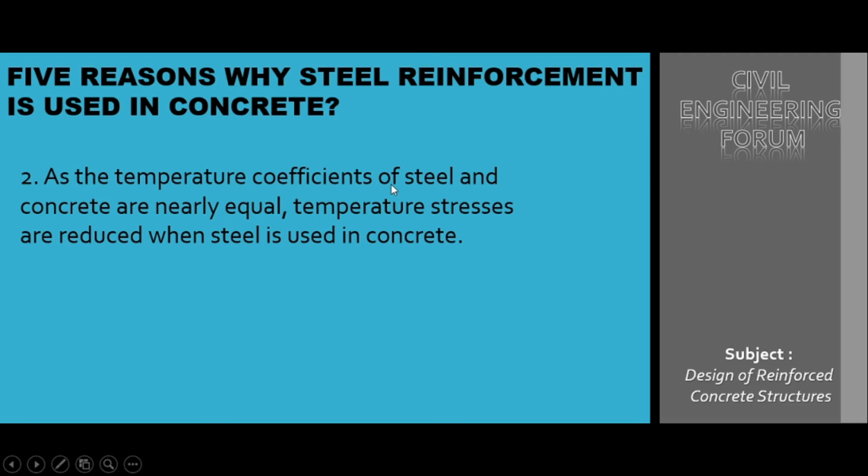For example, here steel and concrete both have the same temperature coefficients, and this is the reason why minimum temperature stresses are generated in this composite material and why we are using only steel with concrete and not any other material. There are numerous other options which we can use with cement concrete. For example, fiber reinforced polymer, FRP, is also a better option. It is even lightweight. But the main problem is it has a different temperature coefficient compared to that of the concrete, and so this becomes the second reason why we are using steel with cement concrete.